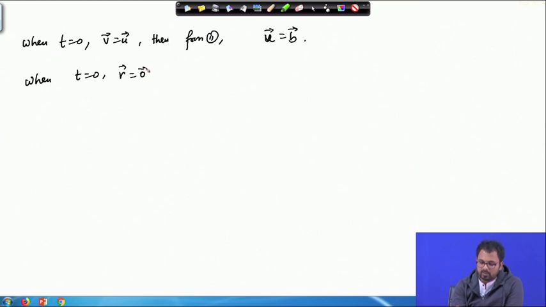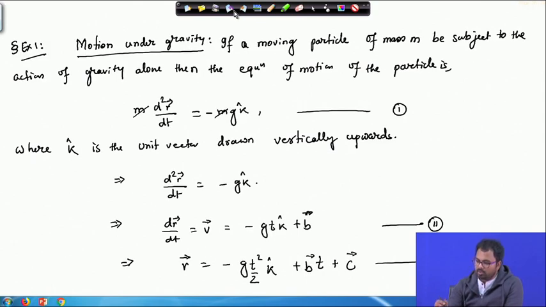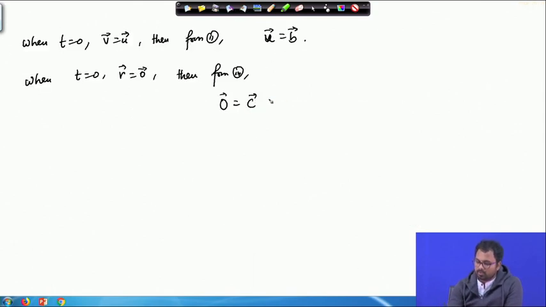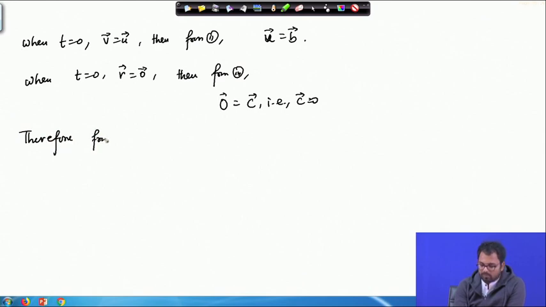So, when t equals 0, r is equal to 0, and then from 3 we will have 0, and here we will have 0, 0. So, c is also a 0 vector. So, c is equal to a 0 vector, not implication, but we can write that c equals 0. Therefore, from 3 we will have r is equal to minus